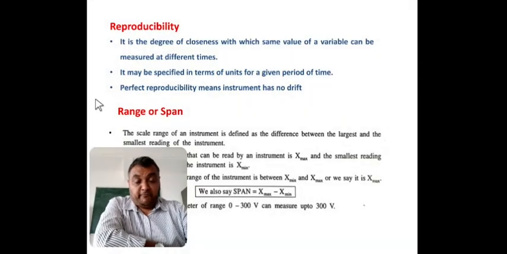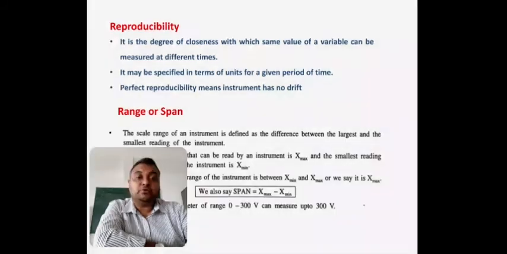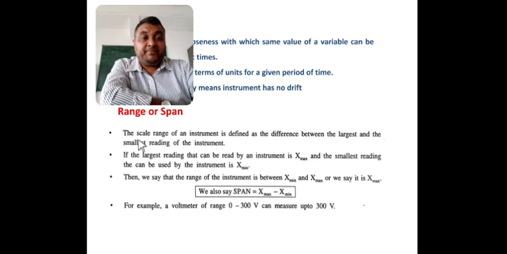Then after reproducibility we will understand one more term, that is range, or span. Most probably we understand these terms by their names, but technically we will see how they are defined. The scale or range of an instrument is defined as the difference between the largest and the smallest